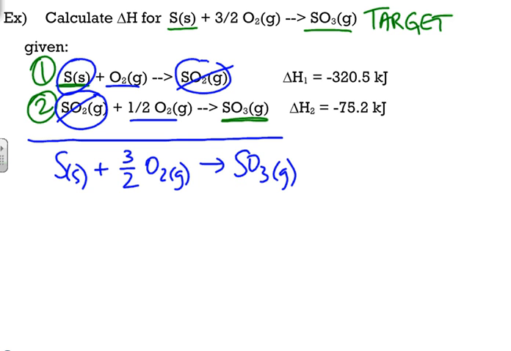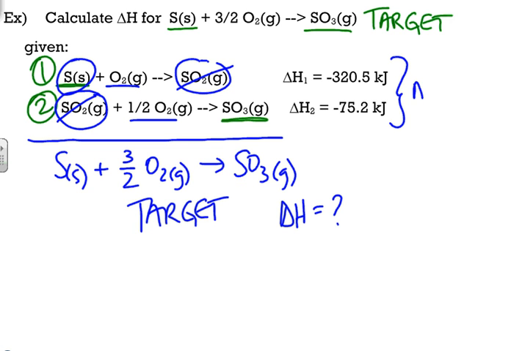I just had to cancel some stuff out, and I actually got my target equation. Yay! So to find my target enthalpy change, all I have to do is add these two up. I'm just going to take my delta H1 plus my delta H2 and